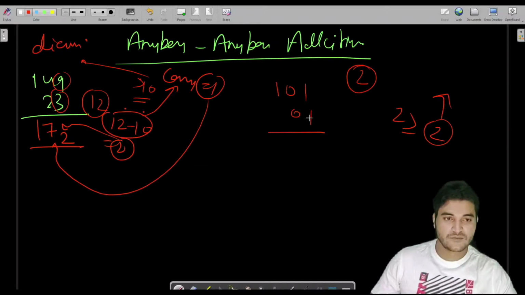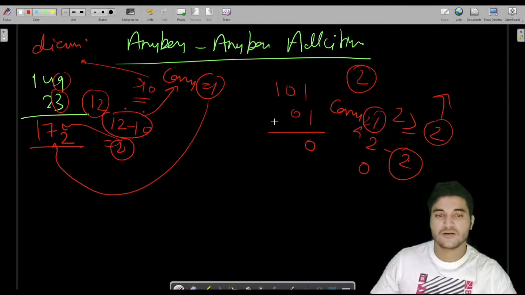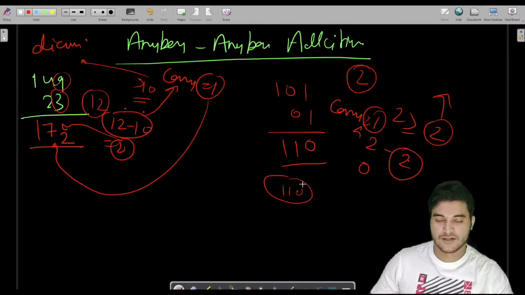So in this case, we subtract the base, which is also 2, from the result. So we would get 0 here, and we would update the carry as 1. Then 0 plus 0 is 0, plus the carry, which is 1, gives 1. So we would get 110 as the output.